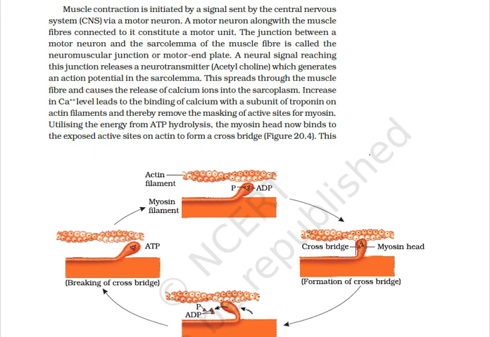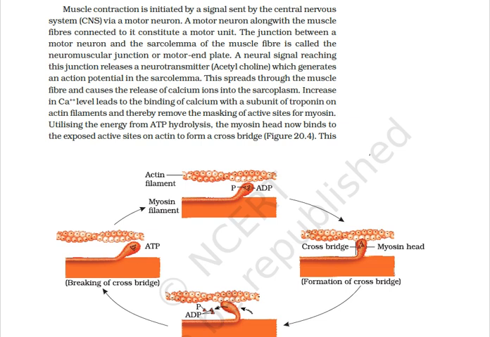At the time of relaxation, when stimulation is terminated, the actomyosin complex is broken down and myosin heads get detached from the actin filament. This process also involves the use of ATP. At the same time, the calcium ions return back to the L tubule in the sarcoplasmic reticulum. This is also an active process that uses ATP.